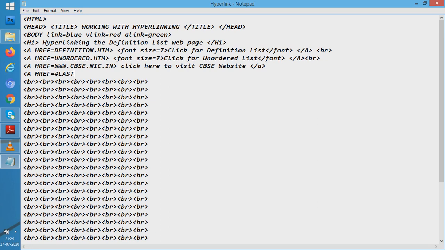It is the name of a line, or I should say the name of a section which has been written in this same page. Hash shows that you have not to go outside to search last. Last is in the same page, somewhere down or somewhere up. You'll have to directly jump to that given section or lines which has been named as last. So I'll write something like go to last and I shall close A.